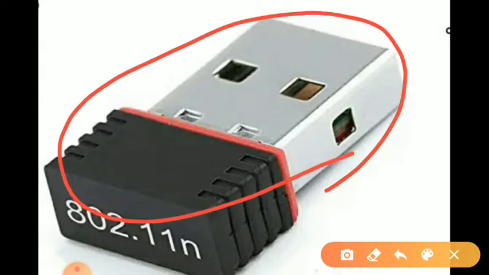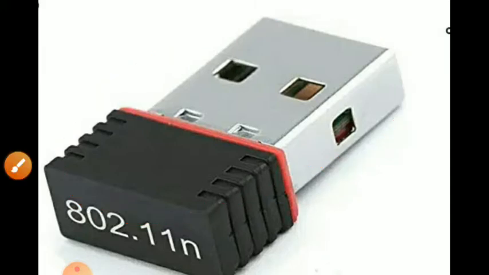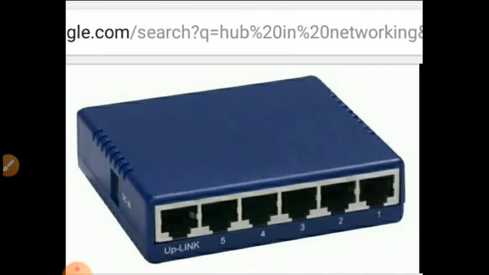Nowadays laptops have it automatically built into the motherboard. So it is a Wi-Fi card that is used to connect our desktop computer to the network or Wi-Fi connections. Now the next device is a hub.